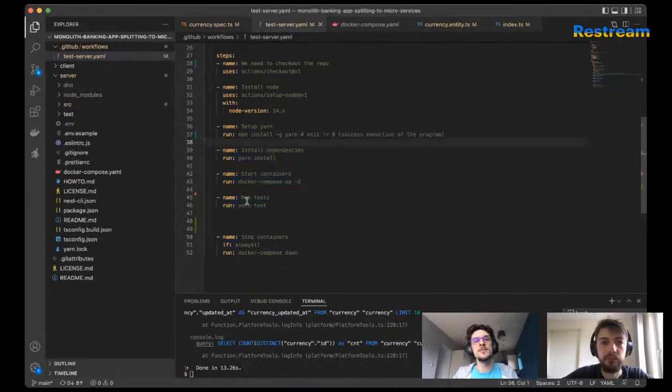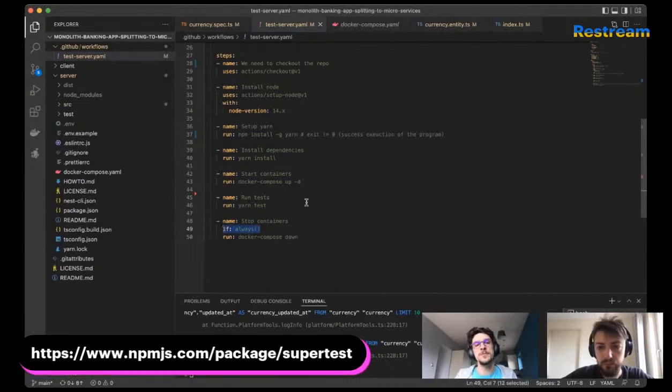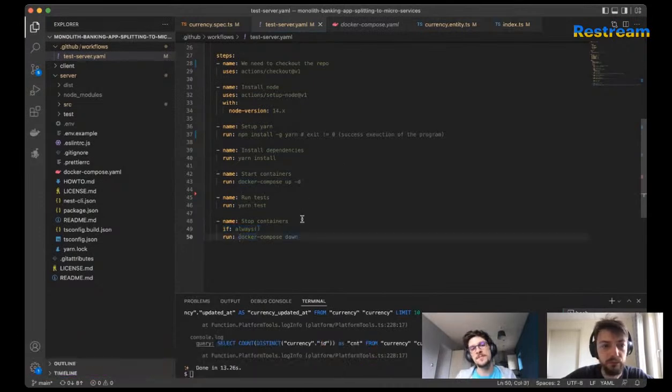They won't be executed, except the ones which have this specification, if always. That means execute this every time, whatever happens before.